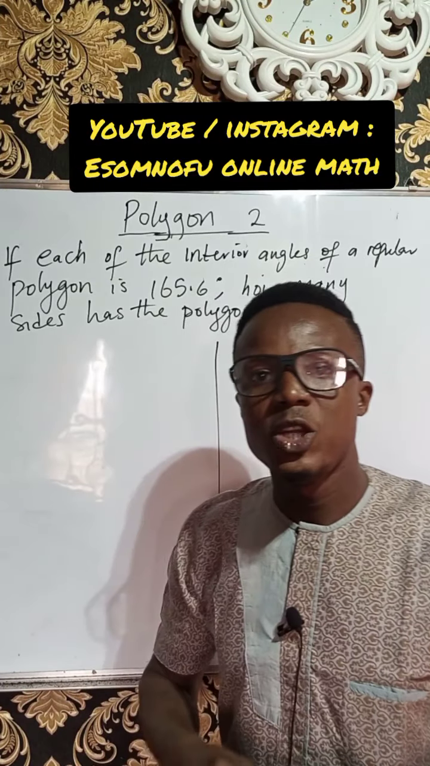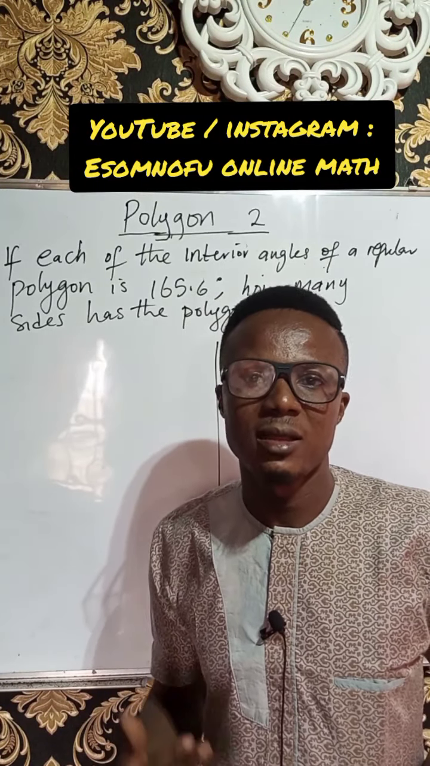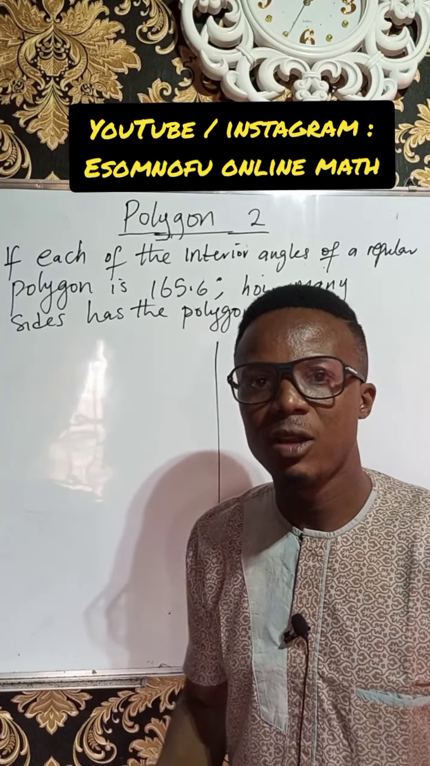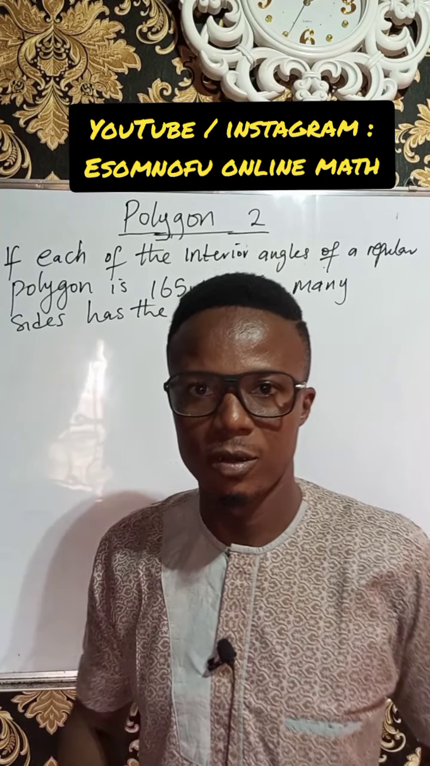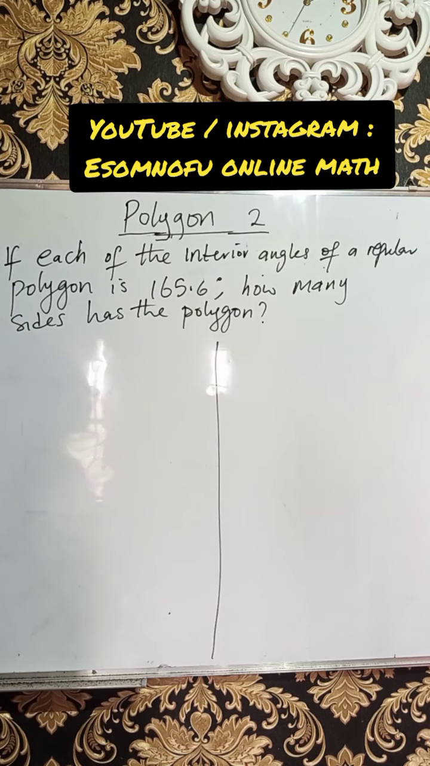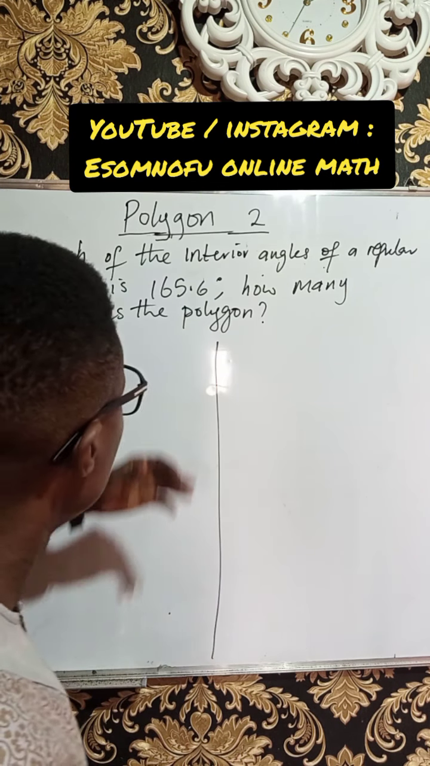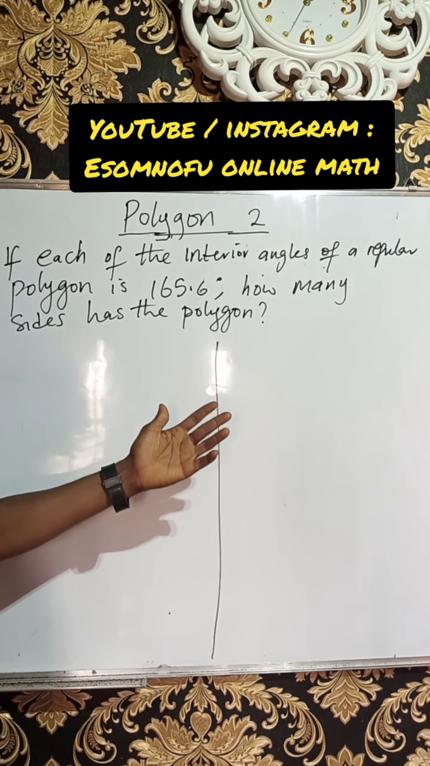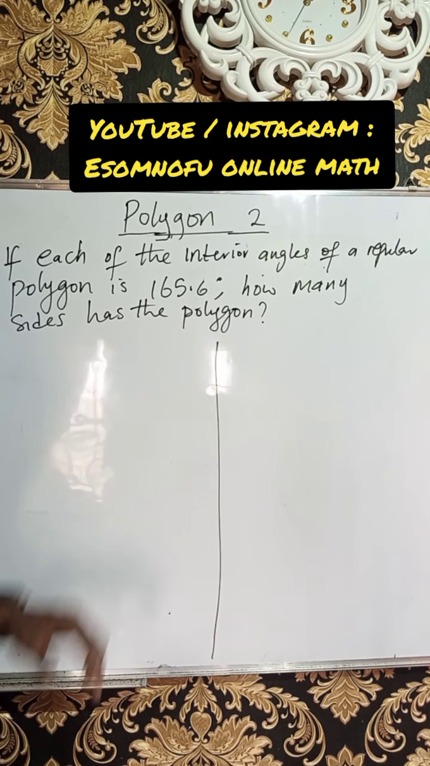In this video, we are going to provide solutions to questions that involve each interior angle of a regular polygon. So look at this question. It says that if each of the interior angles of a regular polygon is 165.6 degrees, how many sides has